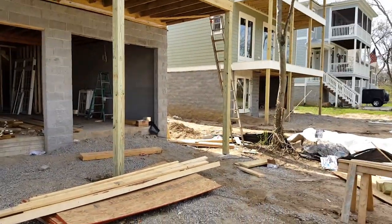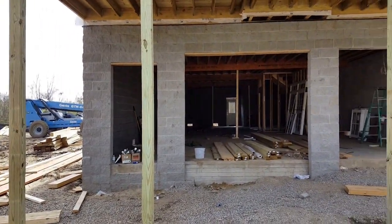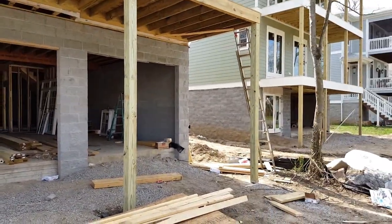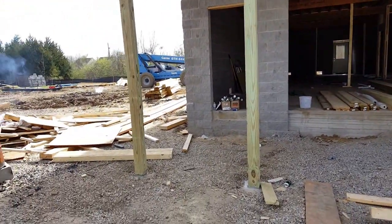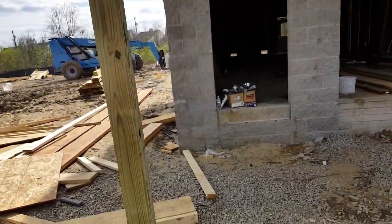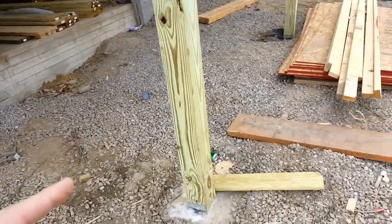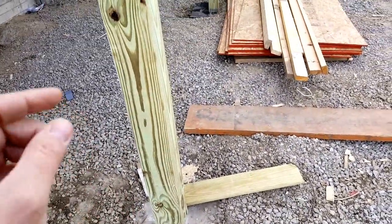I want to show you some of the things that you may, as a buyer, wonder: I wonder if the builder did this or that. You know, rumored things that sometimes don't happen. So I want to walk through these now and show you some of the things that you can expect with your new home, okay? First thing I want to start with is this, and I hear this complaint a